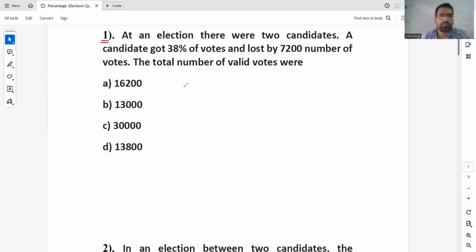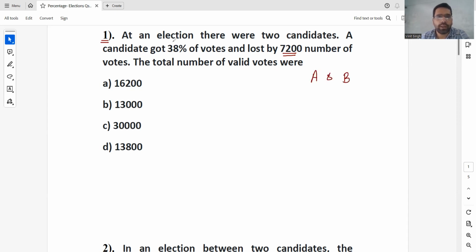Here, at an election, there were two candidates. A candidate got 38% of the votes and lost by 7,200 votes. Find the total number of valid votes. Now here we will discuss the question about the election. Now in this election there will be two candidates,